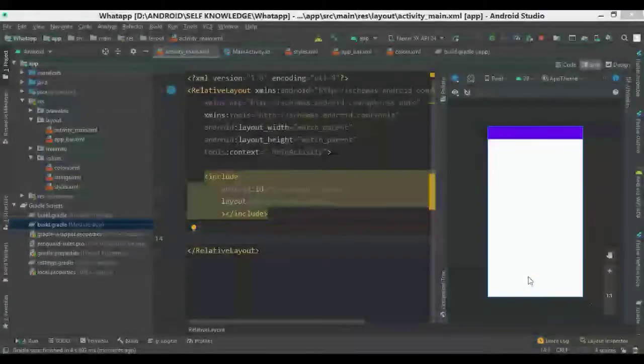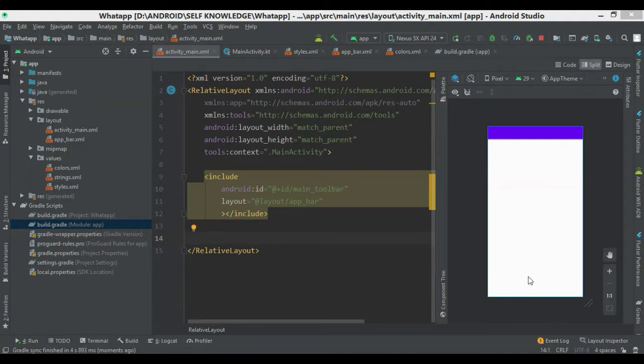Hello guys, today I am going to tell you how to create the view pager for our chat application. You can see in WhatsApp when we swipe from the main screen, then our chat screen swipes left and the status screen is visible. And we again swipe, then the status screen swipes left and calling histories appear. So something like that we are going to create in our chat application.